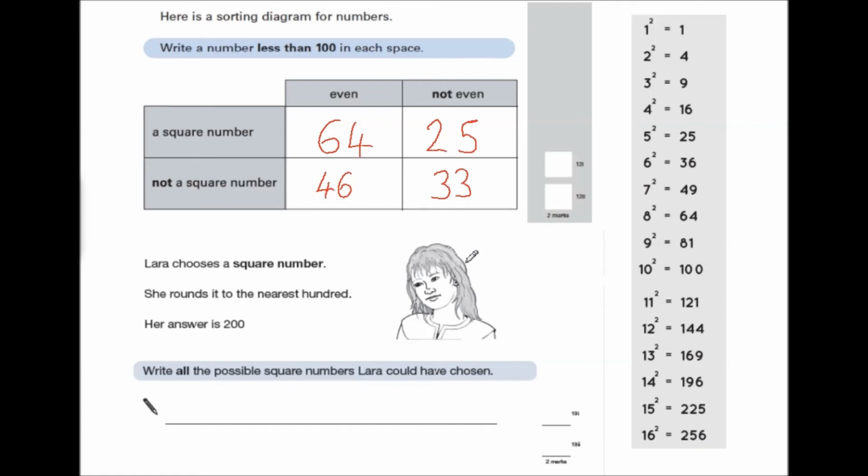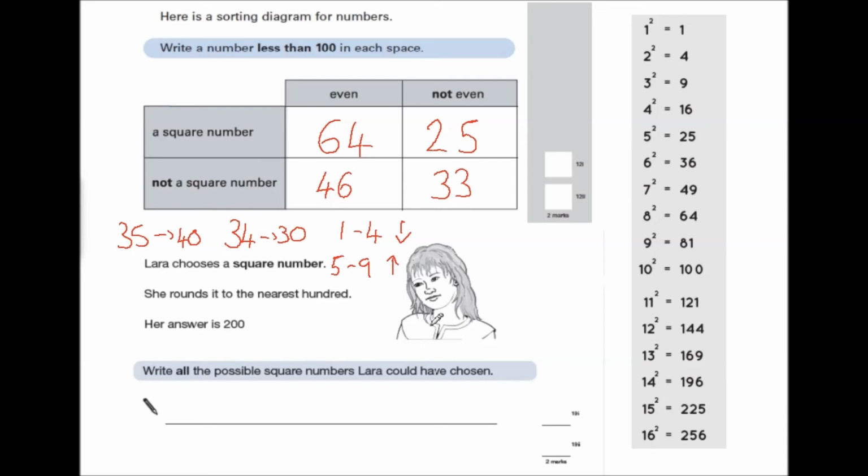Now with this question, the important thing is, first of all, rounding to the nearest 100. Now at a more basic level, if you remember, if we round to the nearest 10, we just need to look at the units. So for example, numbers between 1 and 4, when we're rounded to the nearest 10, are going to round down. And numbers 5 to 9, they round up. Okay, so 34, that would round down to 30 because it's got a 4. However, if you took 35, round up, of course, to 40 because it's a 5.